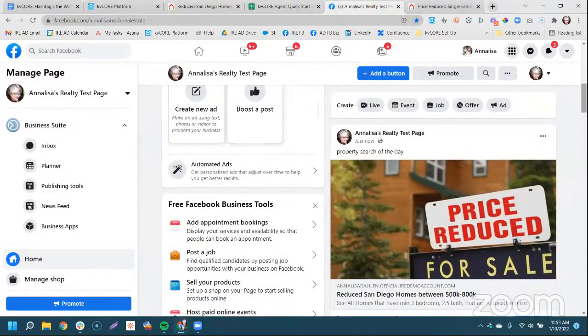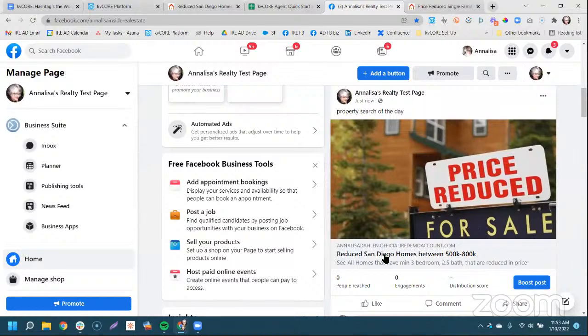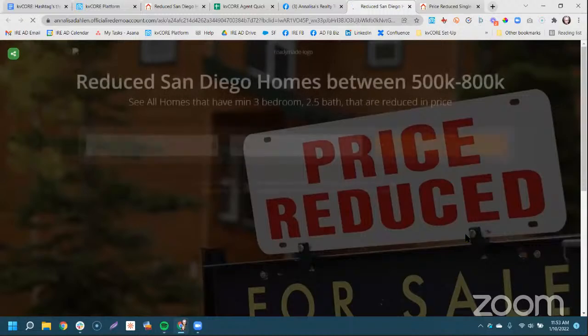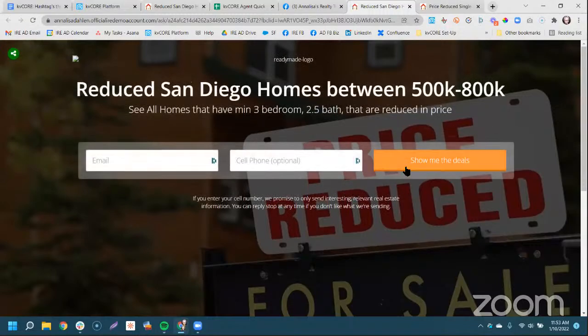So this would be the landing page for those reduced San Diego homes, which takes me to the landing page where it says, hey, lead, give me your email and or cell, and then show me the deals. When you use a landing page, when they put in their email and or cell and click this button, they are immediately, within under 10 seconds, logged in as a new lead on your dashboard with a hashtag. That hashtag can then in turn trigger the listing alert and or a landing or a smart campaign. It's also going to send them right to your site to view that list of listings and auto sign them in on your website. And all of that happens in 10 seconds.